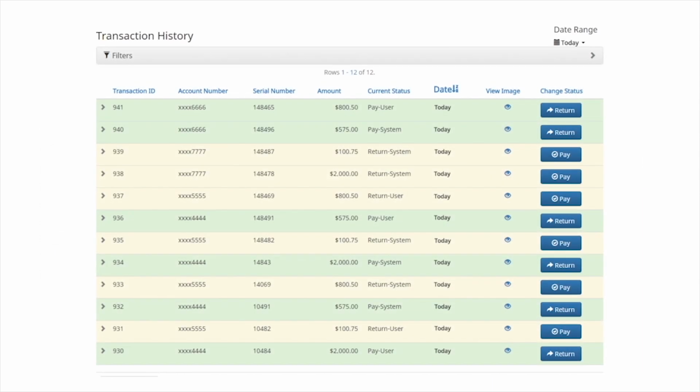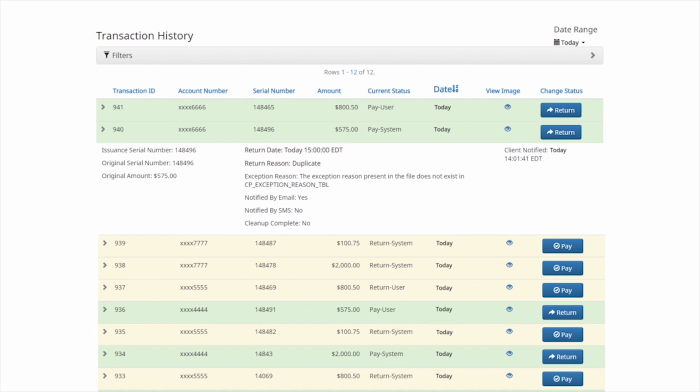More details of the transaction can be viewed by clicking the arrow to the left of the transaction information. The drop-down contains additional information regarding the transaction, such as the serial number provided in the issuance file, the original check serial number and amount, return information if applicable, as well as notification information. Cleanup complete. If yes, indicates the financial institution has made modifications to bad information,